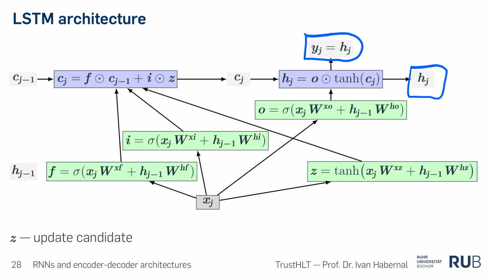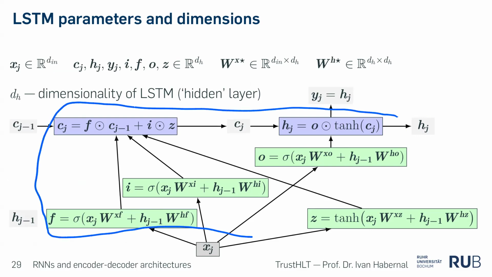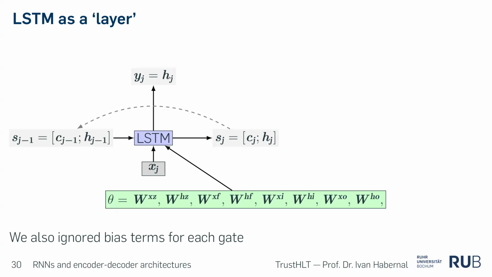So it looks super complicated because there are 3 gates and they're each doing something a little bit different. There is a bunch of parameters, lots of dimensions you need to take into account if you really want to know what it is doing, and a lot of indexing. So we can keep this whole thing as not a black box, but as a single kind of layer and simplify, saying, okay, there's an LSTM layer or LSTM cell with all these input gates, forget gates, output gates in there.